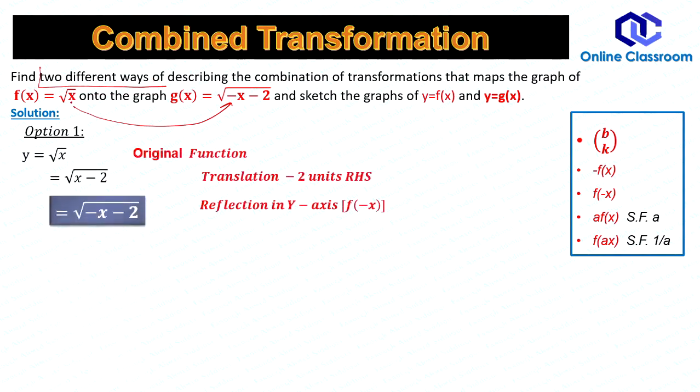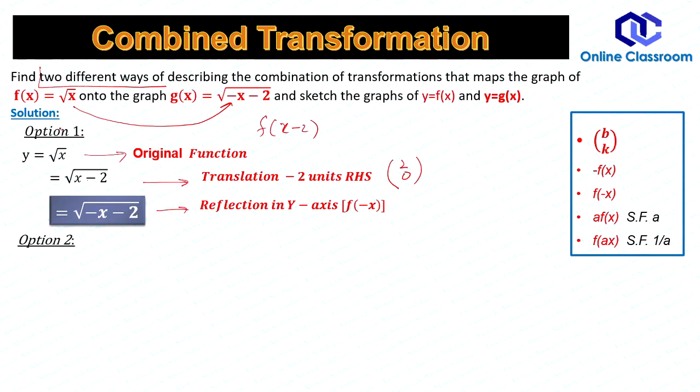If I subtract negative 2, that is if I do something like x minus 2, meaning translation, you may write it in this way also, (2, 0), a horizontal translation. Then you see the sign of x being changed from positive to negative, a reflection in the y-axis. That's it. You have to show these 3 steps. This was the original function, we have a translation horizontally and then a reflection. One of the ways to get root of negative x minus 2 from root x.